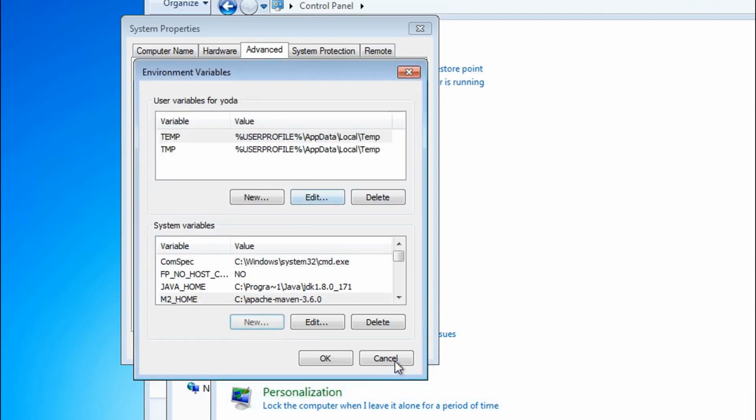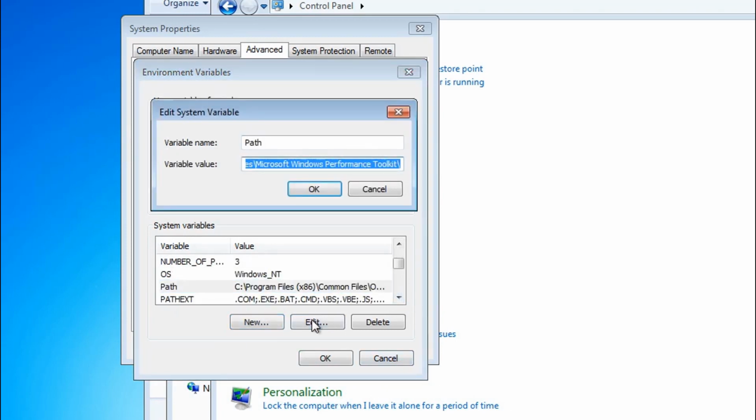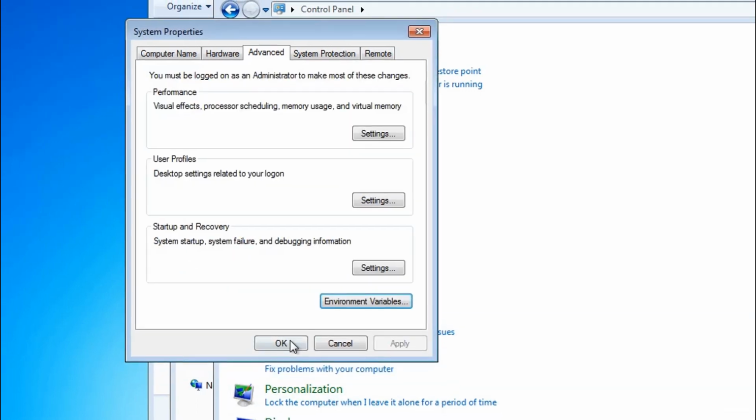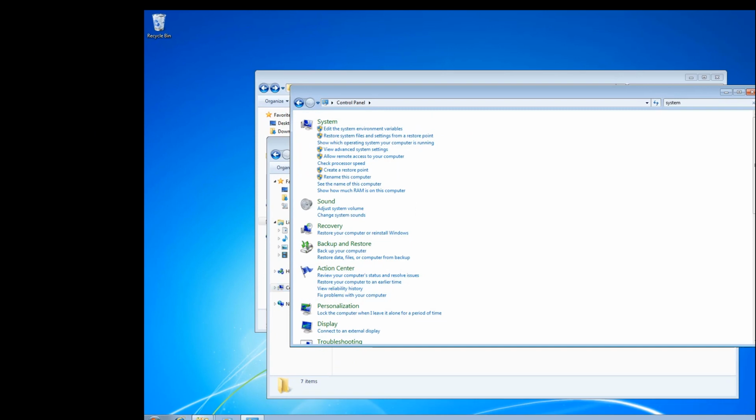Hit OK. Now let's go to the path variable and edit it. Semicolon, %M2_HOME%/bin. Hit OK. Now let's verify if our Maven installation is successful.